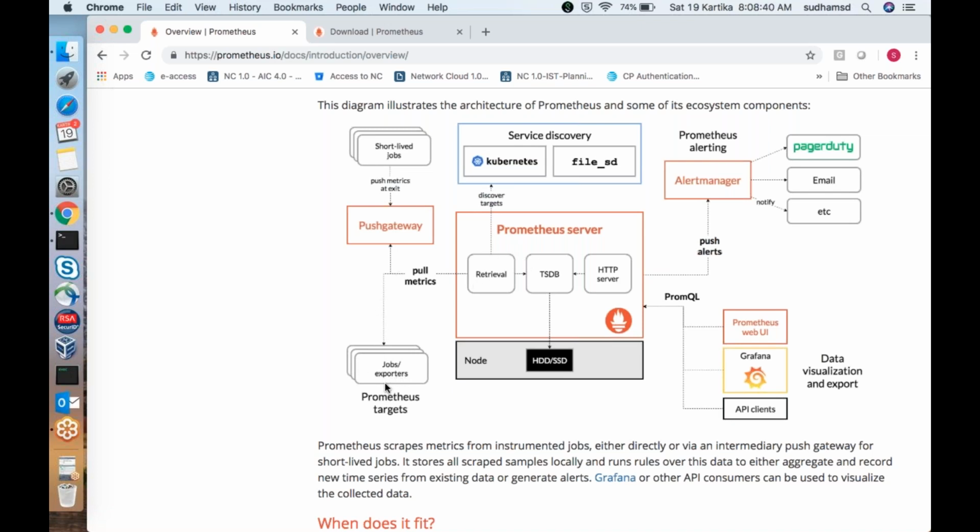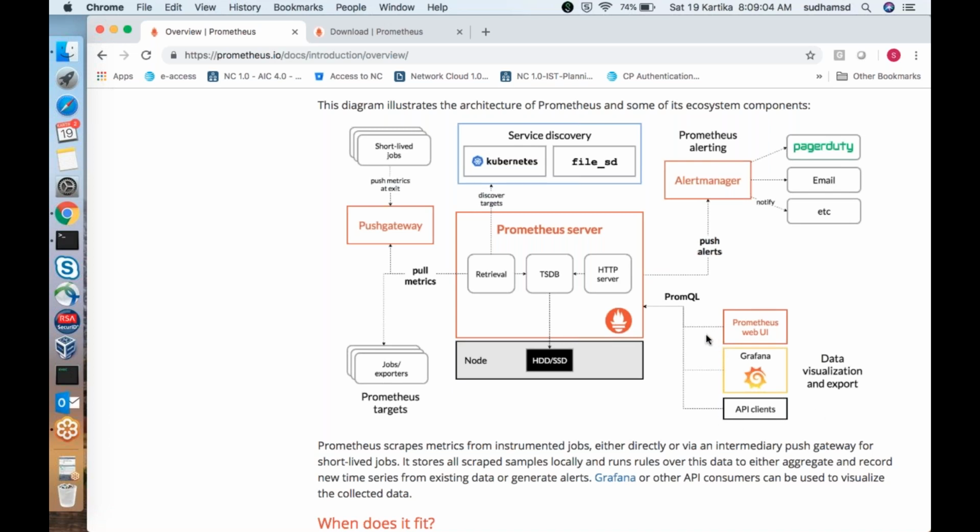Those are called exporters. As I told you before, this Prometheus server can give information to the Prometheus UI, the graphical user interface, or it can give information to Grafana, or alert clients, in the sense it can be Nagios, whatever it is.